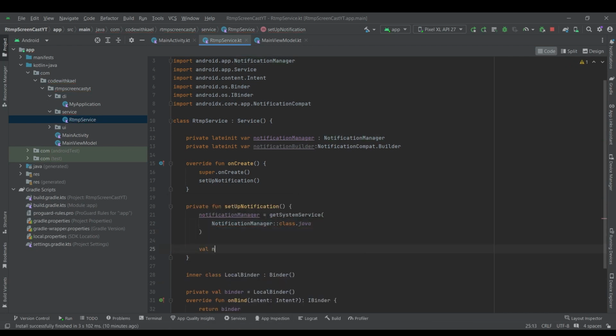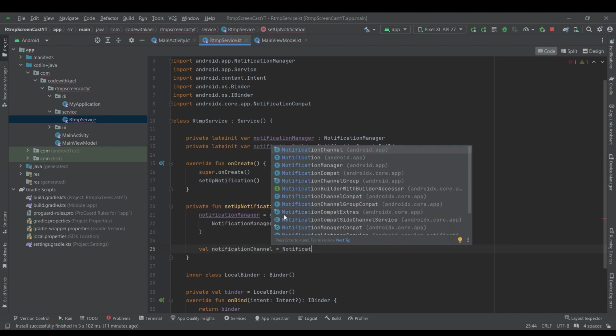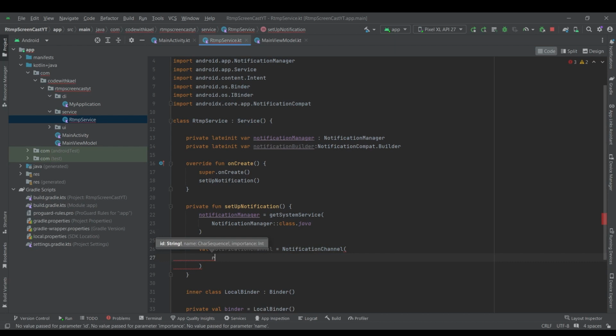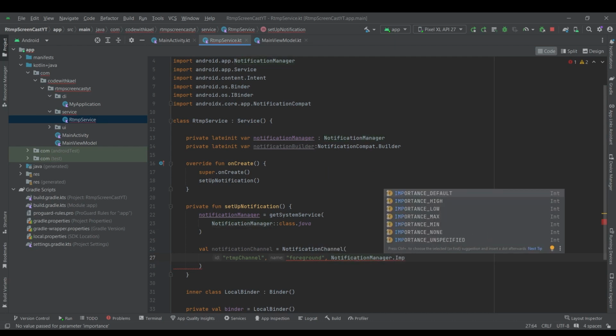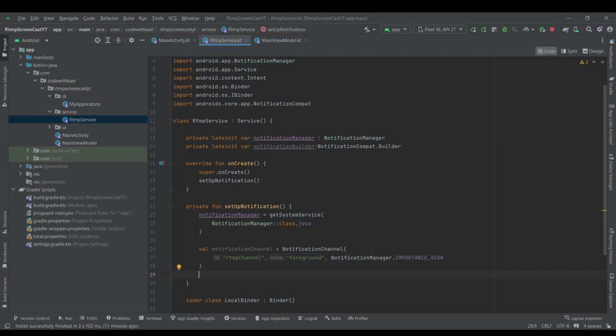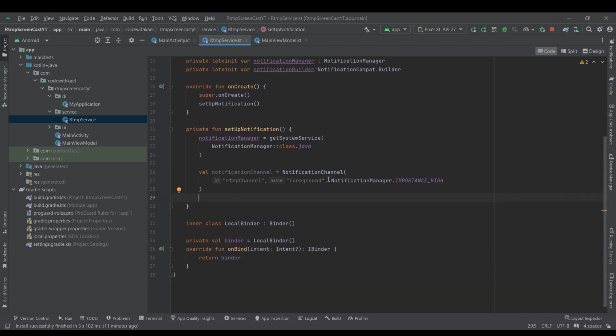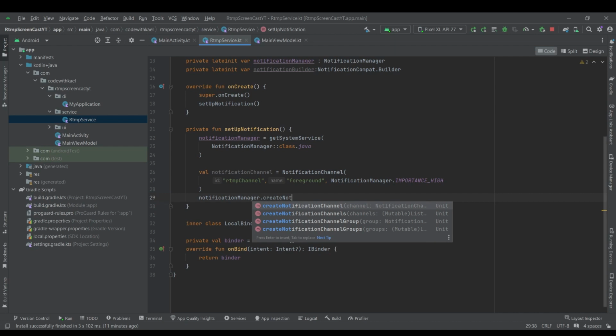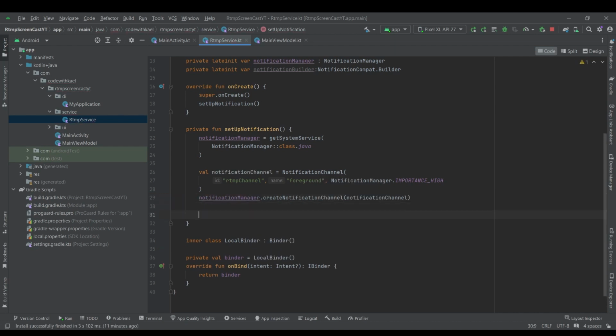class.java. So let's create a notification channel is equal to NotificationChannel, and the ID is going to be RTMP channel, and the name, I don't know, is going to be Foreground, and the importance is going to be NotificationManager.IMPORTANCE_HIGH. So let's create this notification channel using notificationManager.createNotificationChannel, and right now let's